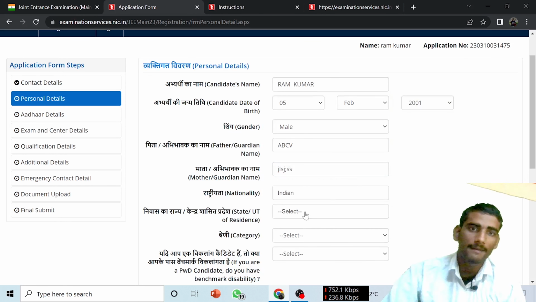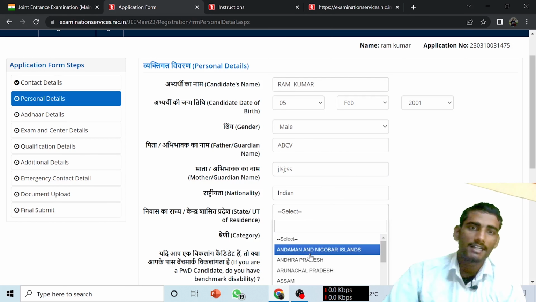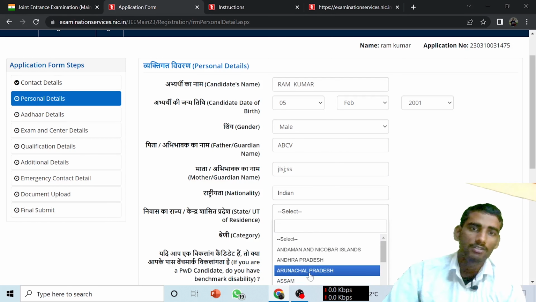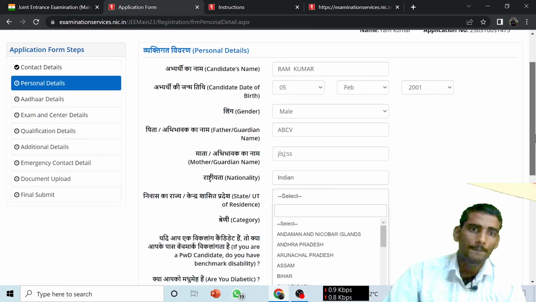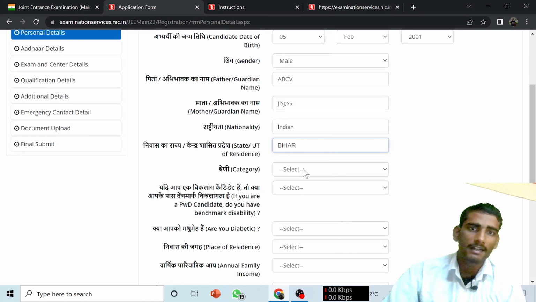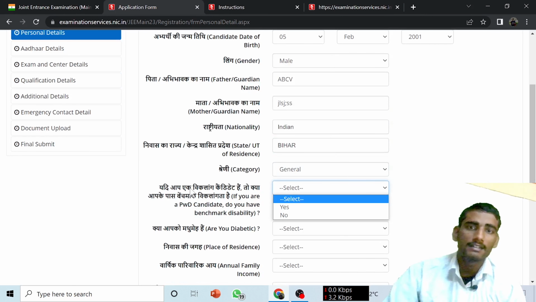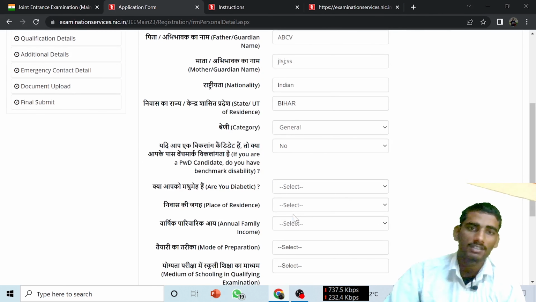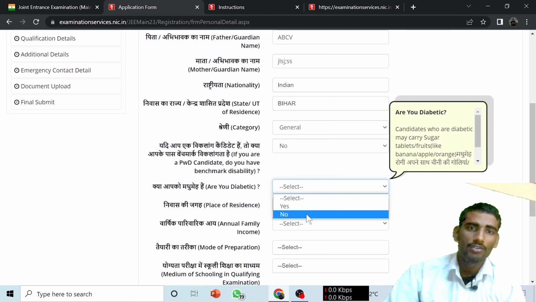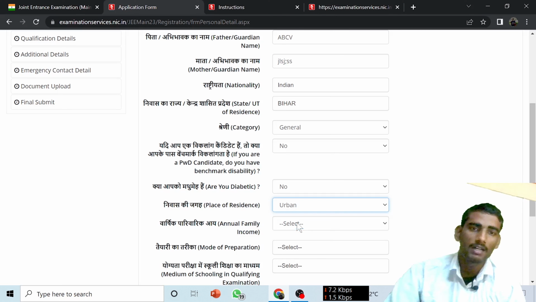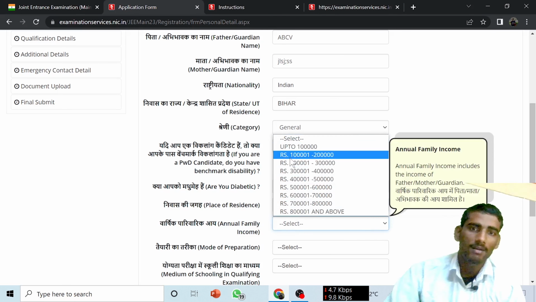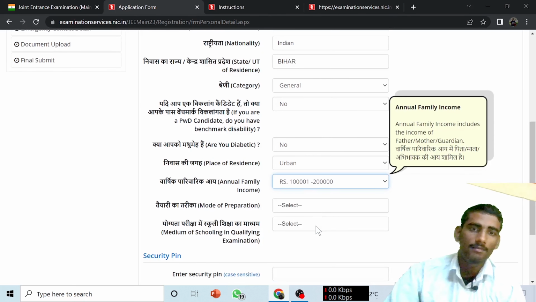Okay, suppose Indian. Okay, then select state, whichever state you are from. Okay, so suppose I am a student of Bihar, so I am now clicking on Bihar. Okay, so भाई बिहार मैंने सिलेक्ट कर लिया. देन कैटेगरी सपोज जनरल. ओके, एंड यदि आपको ये विकलांग मीन्स इफ यू आर द डिसेबल्ड कैंडिडेट देन यस और नो. सो आई एम नॉट डिसेबल्ड, सो जस्ट नो. आर यू डायबिटिक? नो. एंड निवास का जगह, प्लेस ऑफ रेसिडेंस, यू हैव टू फ्लिप अर्बन रूरल एनीथिंग. ओके, मीन्स अकॉर्डिंग टू दैट.